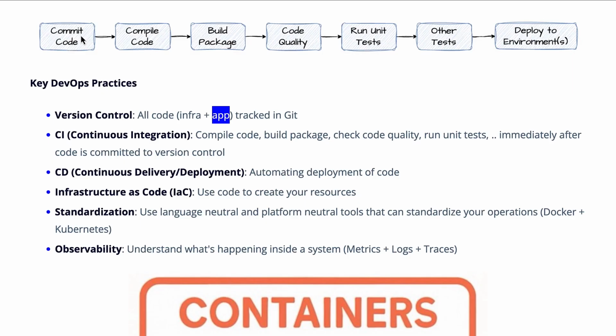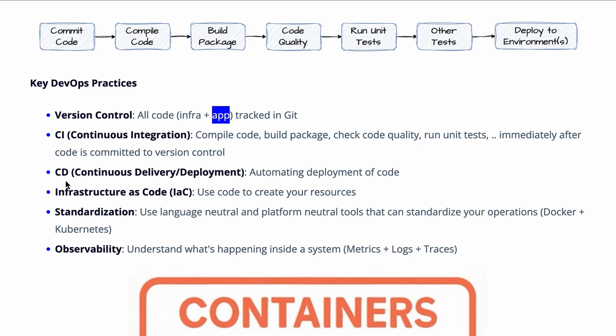I am not the only person who's making use of the version control system. I might have other team members who are making use of the version control system. Once I commit the code, I would want to ensure that the code is stable. I would want to ensure that other team members will be able to pick that piece of code and work with it and be sure that there are no problems with it. And that's why it's very important to compile code, build the package, run code quality checks, run unit tests and any other tests as soon as code is committed. And this is what is called continuous integration.